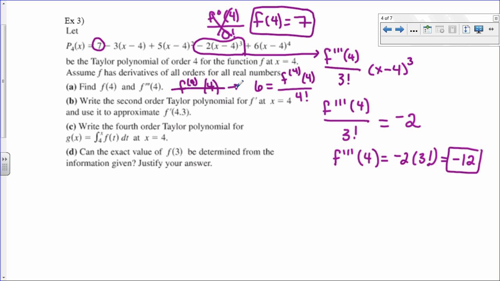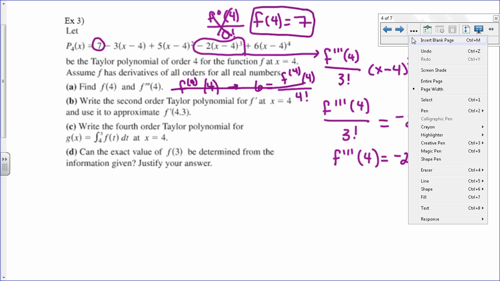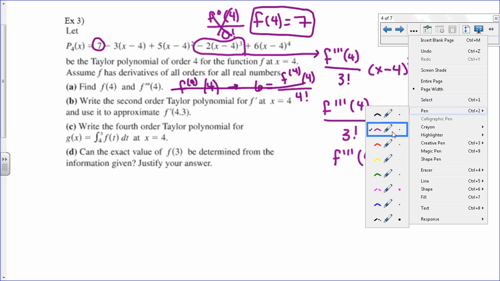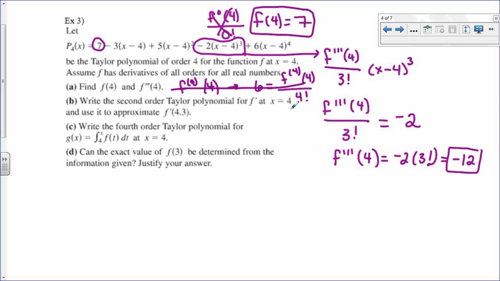Okay. All right. B, write the second order Taylor polynomial for f prime at x equals 4 and use it to approximate f prime of 4.3. Well, if I want the second order Taylor polynomial, that really just means I want the derivative of p. So I'm just going to take p prime